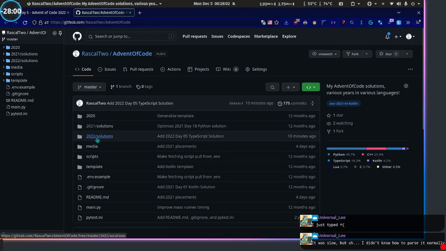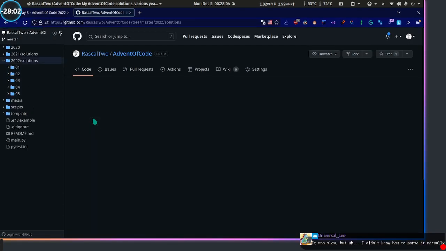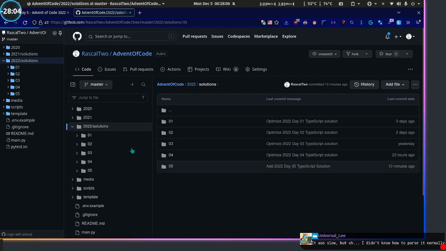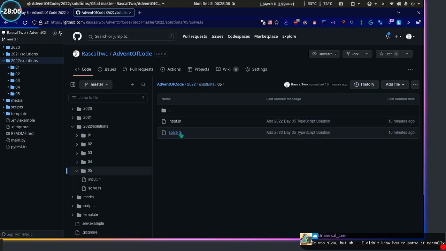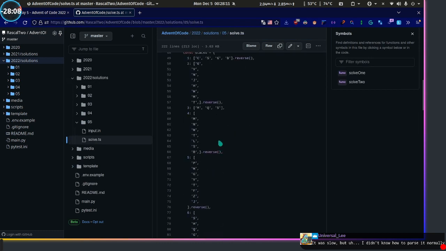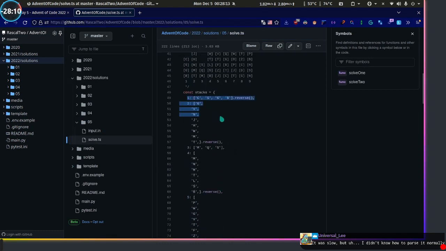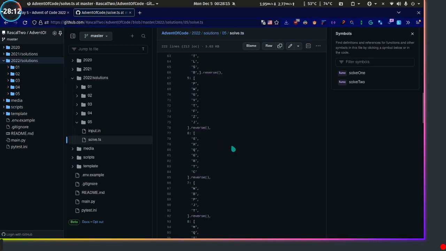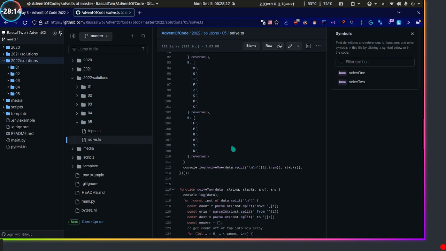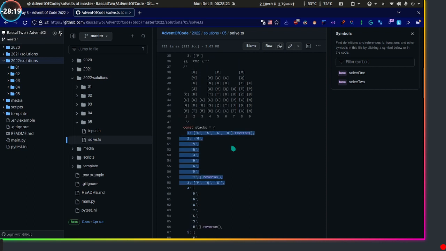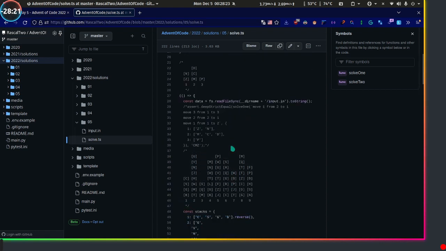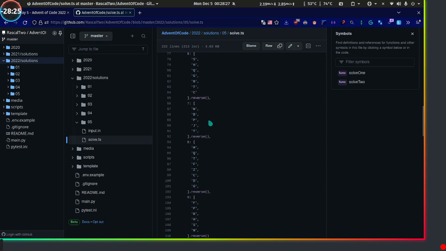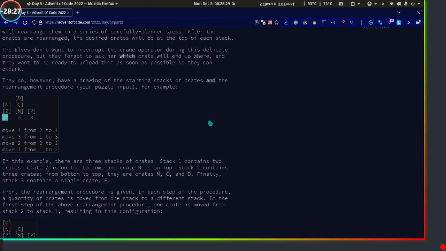I'll show you what I typed out. Yeah, here's what I typed out. Bunch of arrays. I hit reverse. Yeah. Hindsight 2020. It was easy for the short one. I was like, this is easy, and then it was a lot more. Should have just typed it, but